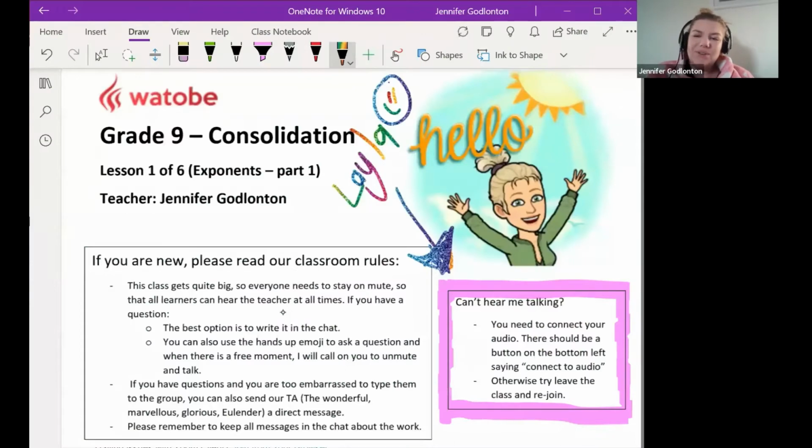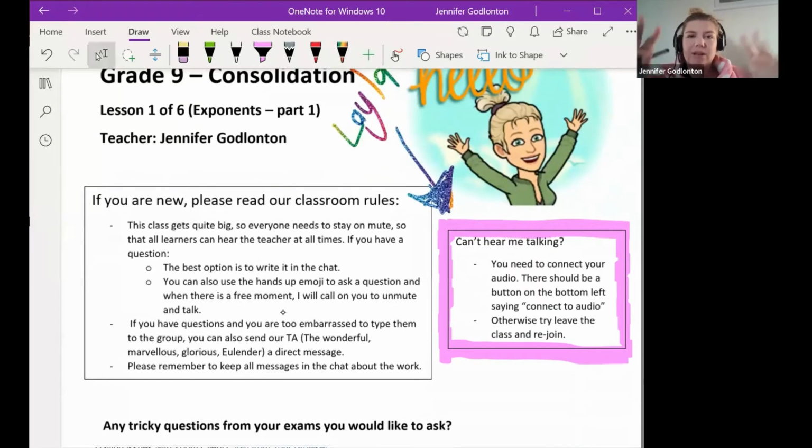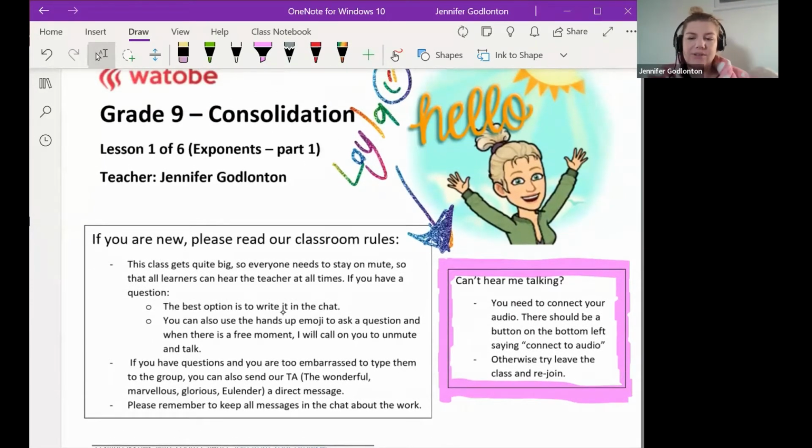We're going to go into some exponents today. We're going to spend today and Thursday on exponents, and we're going to get progressively harder with them. But before we do that, I thought that in these consolidation lessons, in the first couple of minutes,